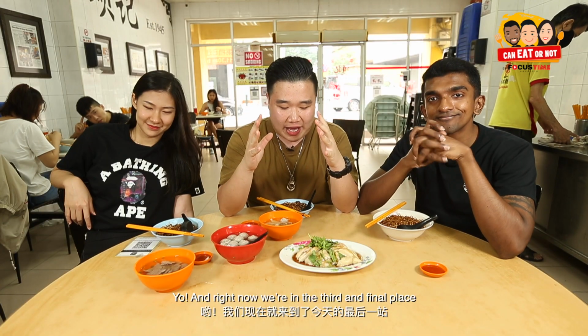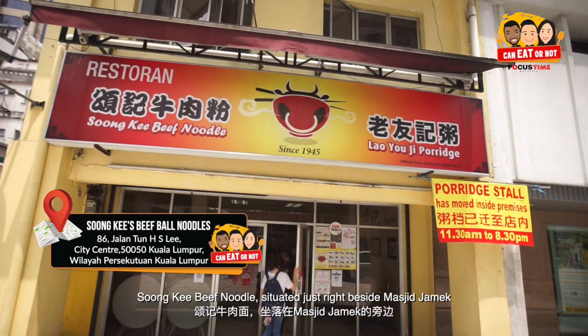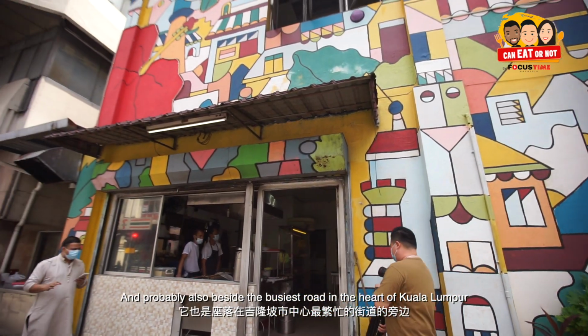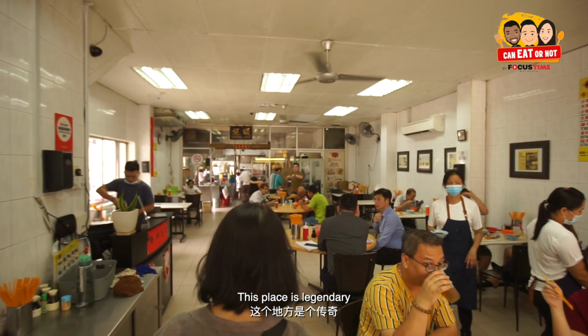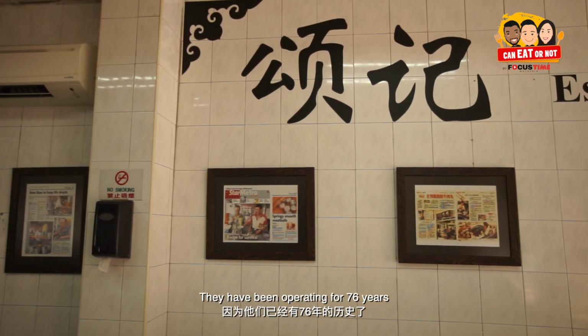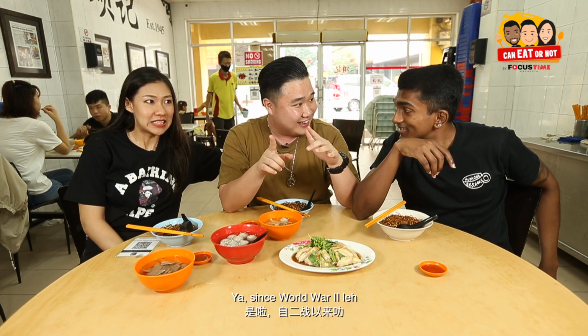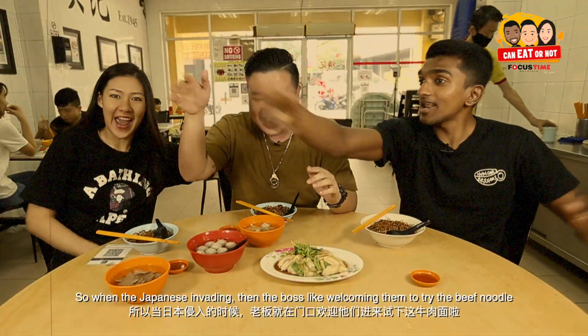And right now we are in the third and final place, Songki beef noodles, situated just right beside Masjid Jamek and probably also beside the busiest route in the heart of Kuala Lumpur. So this place is legendary. Why? They have been operating for 76 years, since World War II, since 1945. So the Japanese invading and then the boss like, hey,